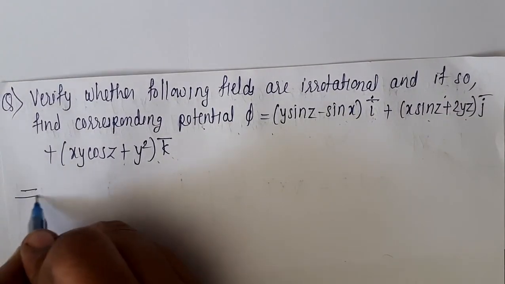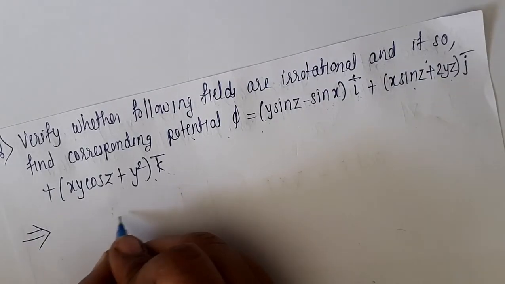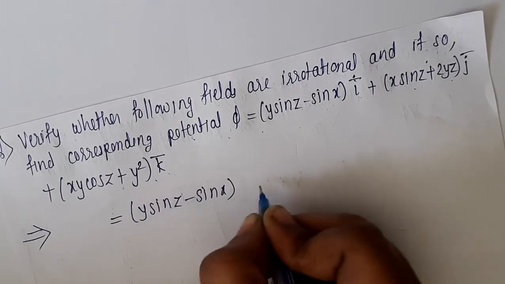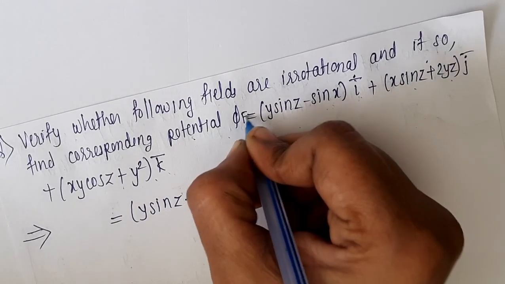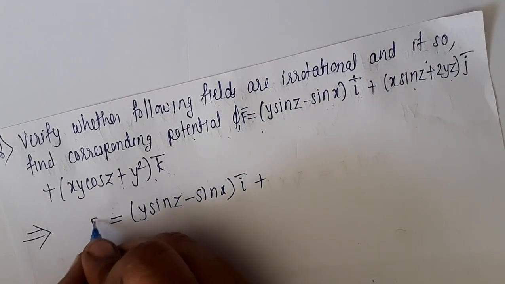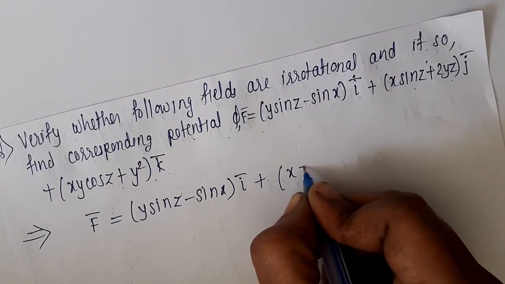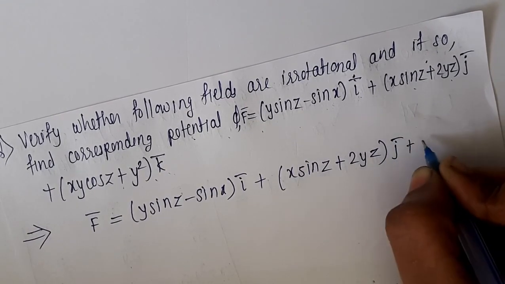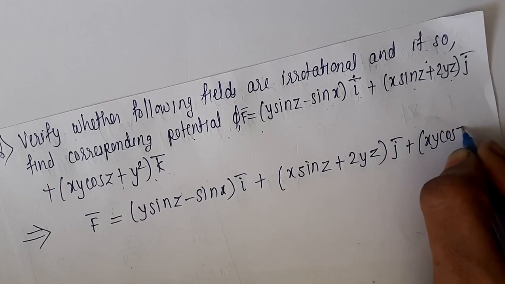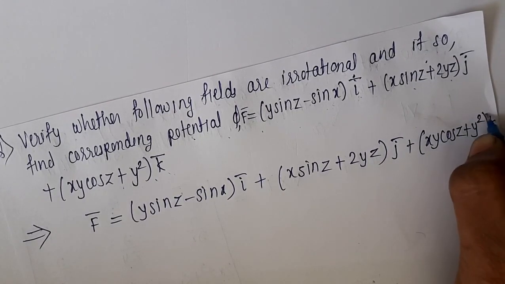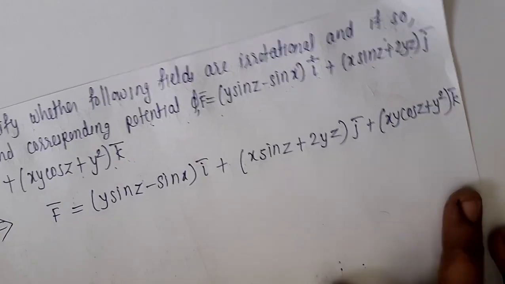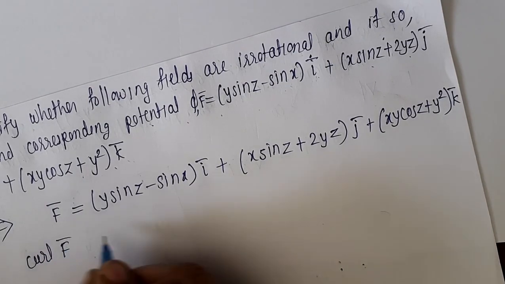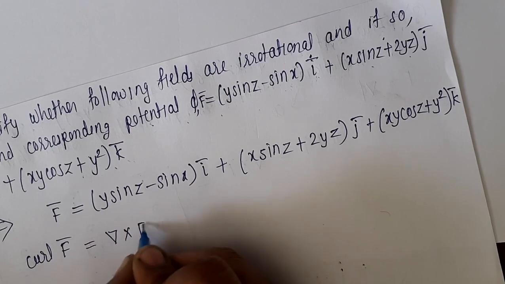So first thing is, we have the given vector. So that vector is F equal to (y sin z minus sin x) into i plus (x sin z plus 2yz) multiplied by j plus (xy cos z plus y square) into k. Now first we verify whether it is irrotational or not. So find out curl of F. Curl of F is equal to del cross F. It is equal to,